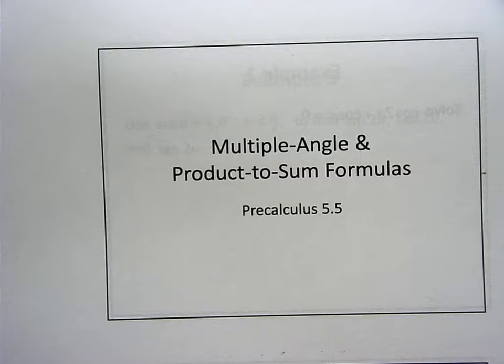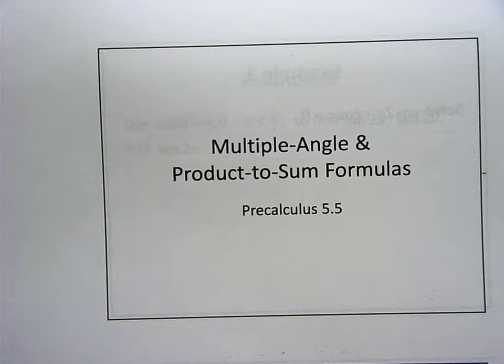5.5 is going to deal with a lot of the same stuff that 5.3 and 5.4 dealt with, the verifications and the equation manipulation, except we're going to add the rest of those identities in the front of your book, plus one other set of identities that you'll need to know as well. Okay? So ideally, you should already have everything in the front of the book memorized since you've had it since the